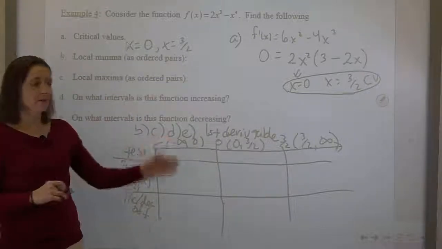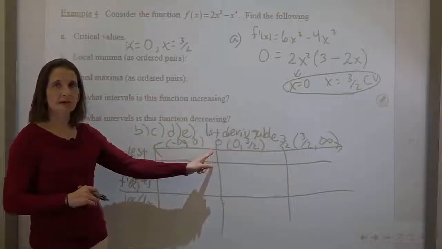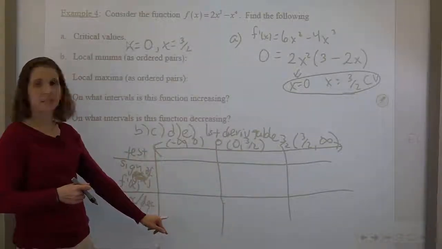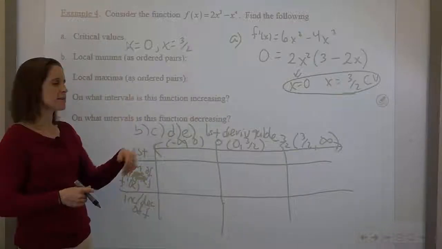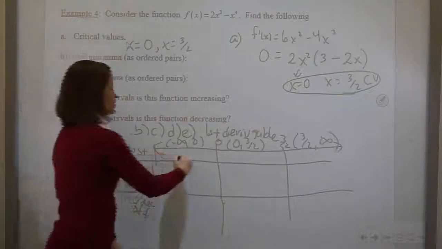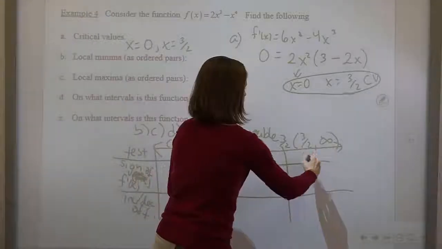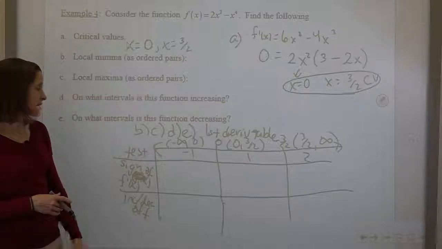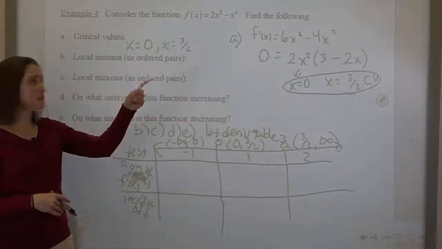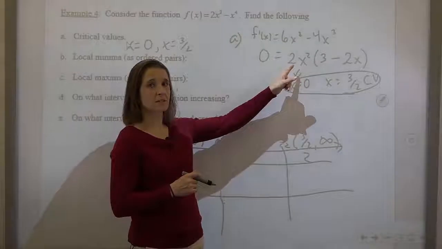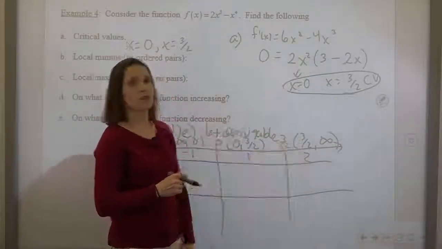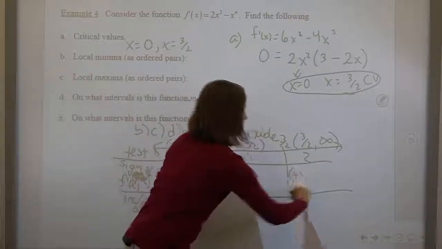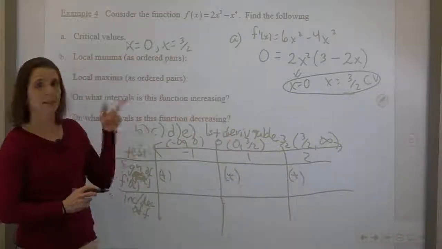So once we have our intervals set up, remember the idea is that these are critical values, these are possible maxes and mins, and I'm checking the signs of the derivative to confirm the increasing, decreasing of the function to see if they actually are or not. And so I need to pick values. So make sure they really are in the intervals, but -1, 1, and 2 work. And then I'm plugging into the factored form. Now notice that the first factor here has squaring, and so no matter what you plug into it, you will get a positive. So the first factor of all these will be positive,